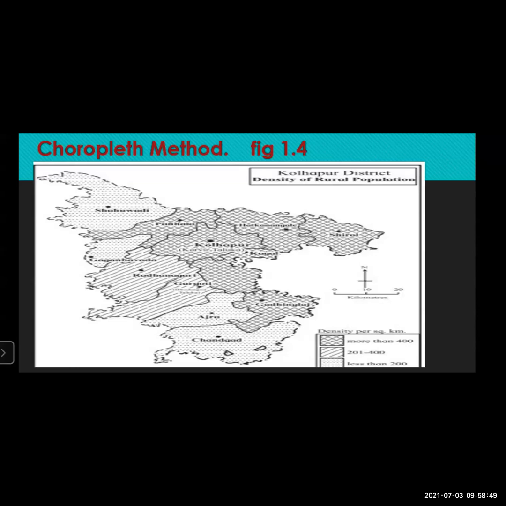Now the last question is: which method has been used for preparing this map? This type of question always comes as the last question. Students, all of you know the answer; it is already there at the top of the map. What type of map is it? It is a choropleth map. So this was the only exercise left for the choropleth map, that is figure 1.4. I hope you have understood very well, because I have explained every detail of how to read the map and find the answers.